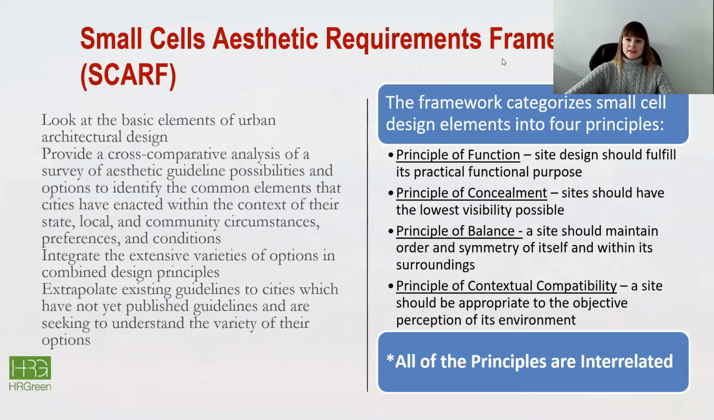So based on these existing architectural principles, we are able to create a categorization of elements as they apply to small cells within this framework, which we call the Small Cell Aesthetic Requirements Framework, shortened to SCAR, which consolidates and summarizes urban design, architectural elements, and small cell design requirements within these 4 sets of principles, characterizing aesthetics of small cell design within the principle of function, meaning that the site should fulfill its practical functional purpose,